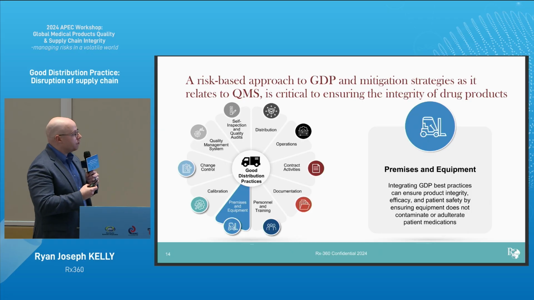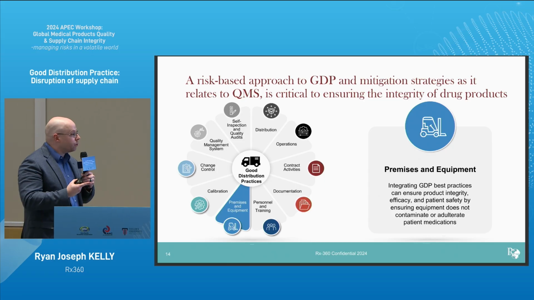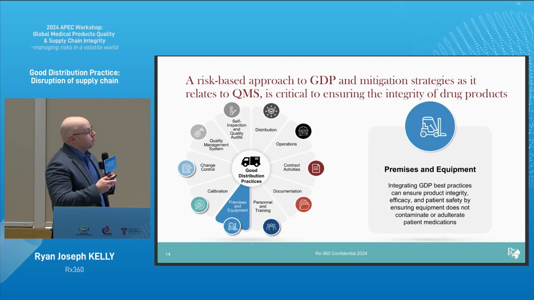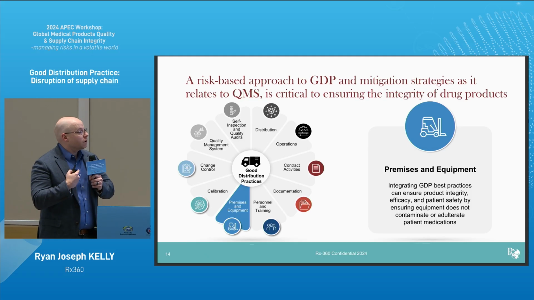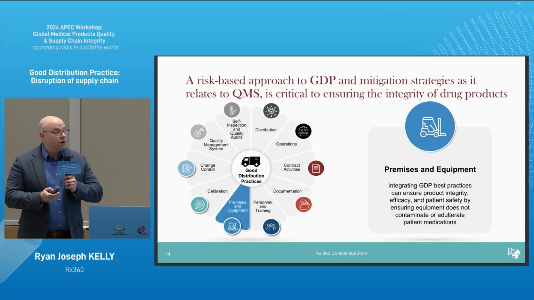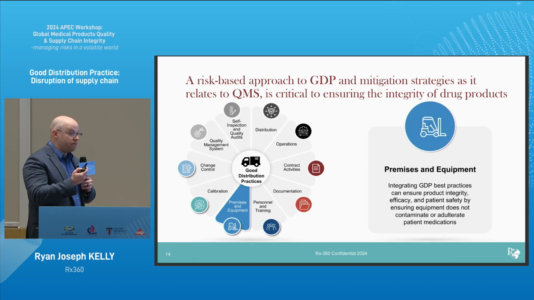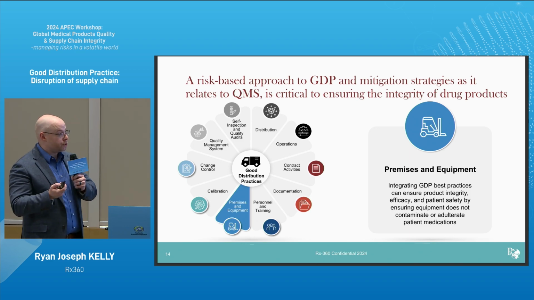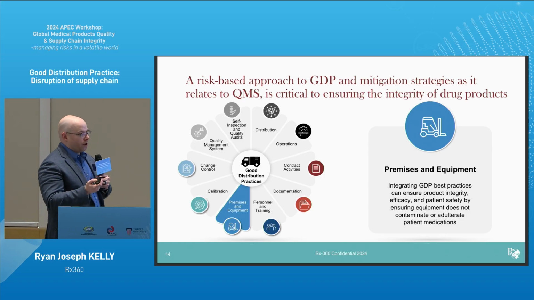And so this is where, within the toolkit, an area that I know with my teams I stressed significantly was taking that risk-based approach to good distribution practices and mitigation strategies as it relates to the QMS, but also making sure that we're focusing on our premises and equipment, making sure everything's clean, making sure that we can ensure product integrity, efficacy, and in particular, avoiding cross-contamination. And so as I was training a lot of our employees and a lot of our pharmacists who often have little to no supply chain education, it was kind of a new area where we could introduce this into our distribution operations, but also bring a lot of that knowledge and that sharing from the toolkit into our dispensing operations